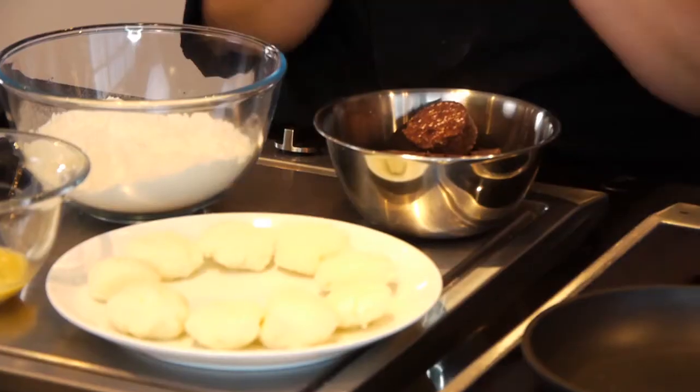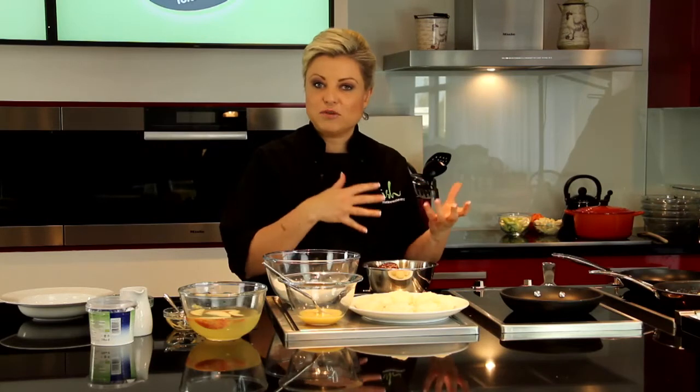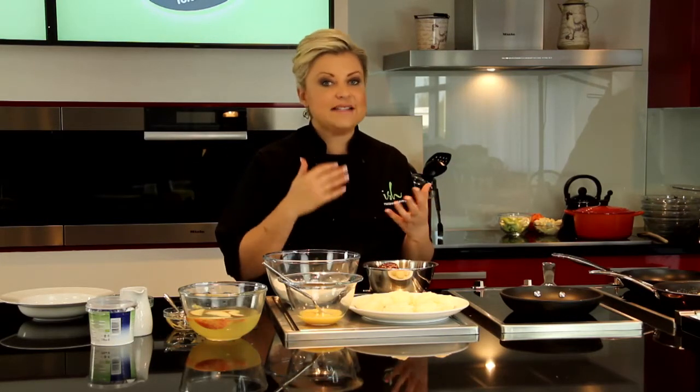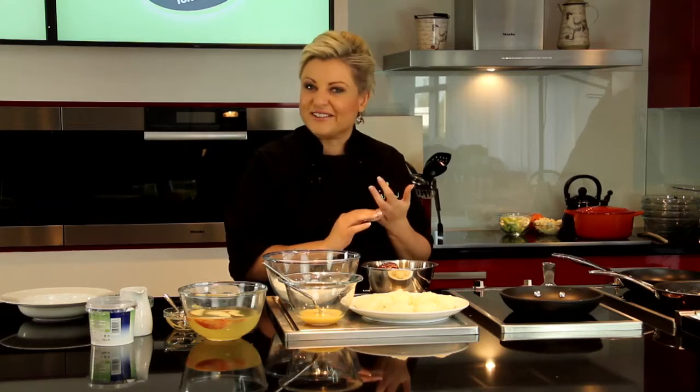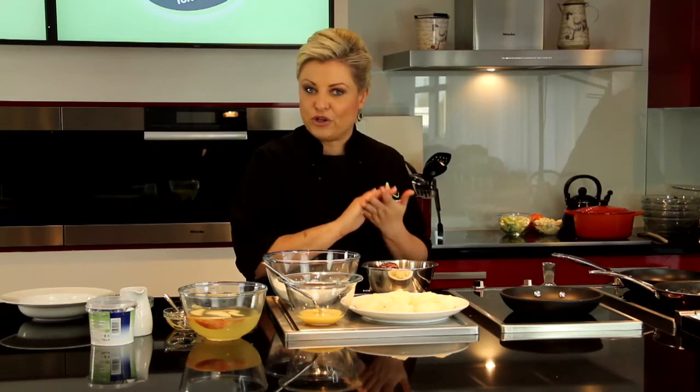So in Ireland, there's about five to seven different types of boxty, depending on where you are in the country. Some of them involve grated potato, others involve leftover mashed potato, or a combination of both. Some of them get fried, some of them get baked, and some of them even get boiled. So the version I'm going to make today is probably the one that's easiest for you at home to make,